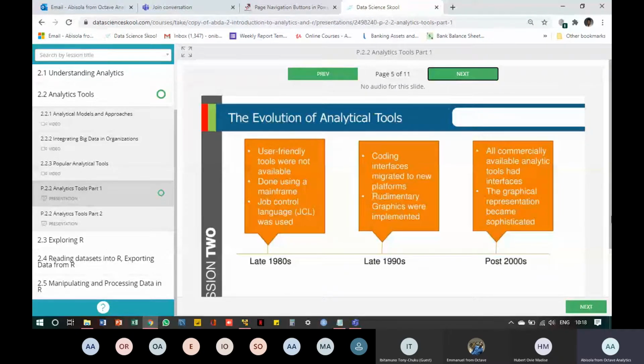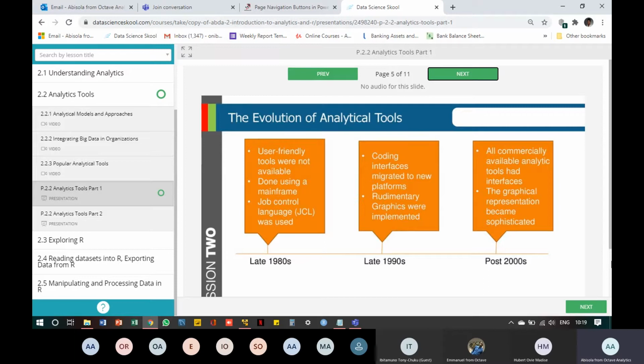Less coding, more of visuals. We had better graphics and so on. And then now in the 2000s, if I start asking everybody to mention all of the analytical tools we have, we'll probably not finish mentioning them because there are so many. We just do not use all of them, but there are actually so many. So now we have sophisticated graphical representations, and we have beautiful tools that help us analyze our data.